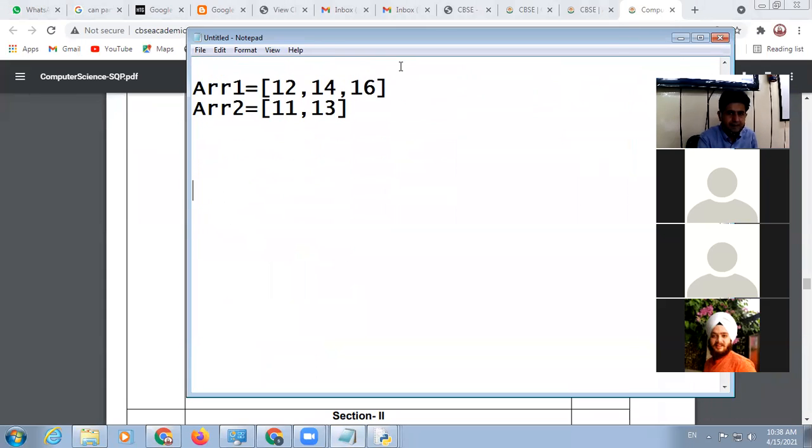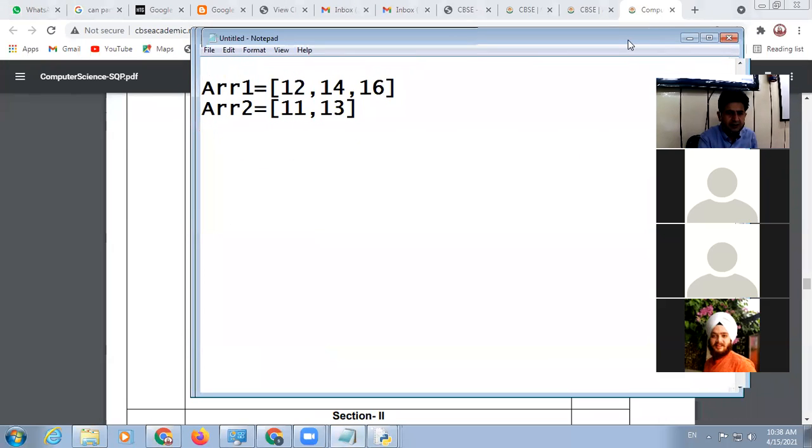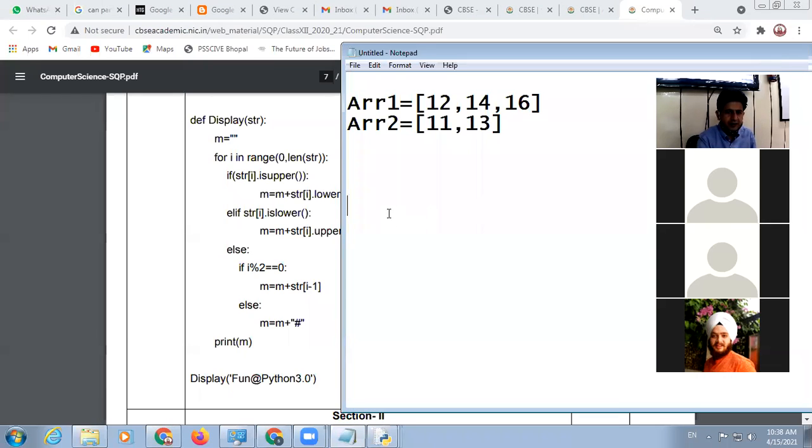So here is fun@Python 3.0. When we call this function, fun@python 3.0 will be received by str. So str will be equal to fun@python 3.0.